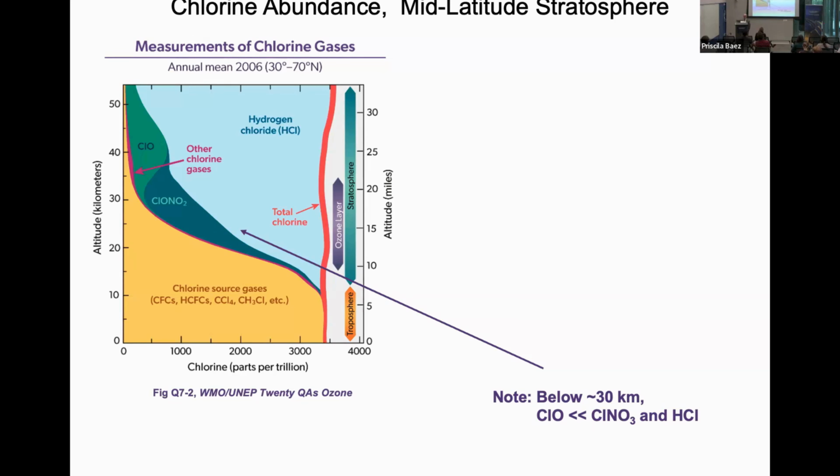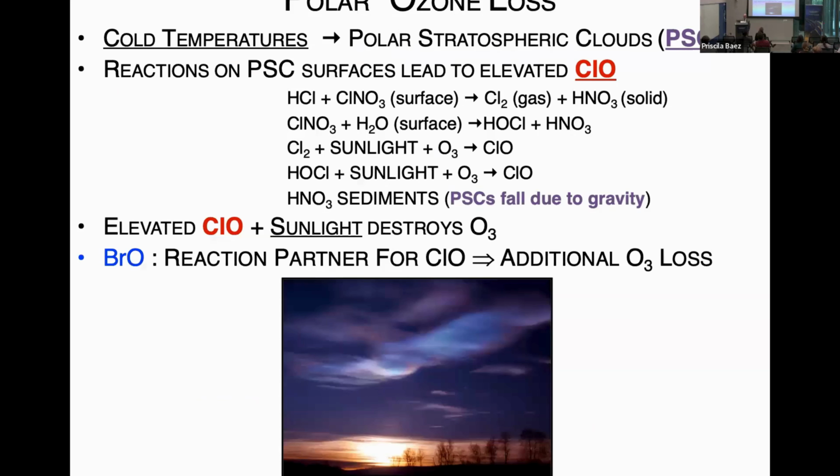So, long story short, it's the presence of the cold temperatures that lead to clouds. I took this photograph of polar stratospheric clouds in Kiruna, Sweden in January 2000. I almost got frostbite doing it because I used a film camera with slide film, this being the infancy of digital cameras, and I had to keep running in and warming my hands and hoping the slide film didn't crack in the camera.